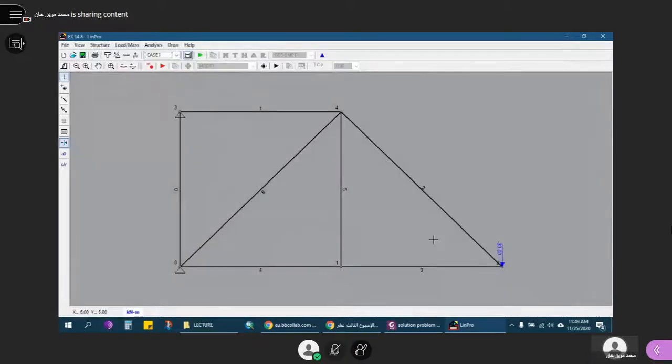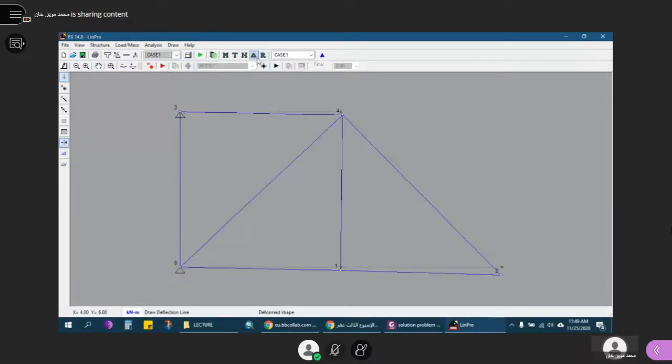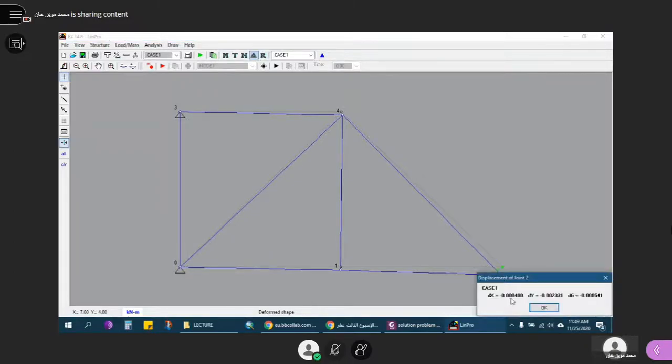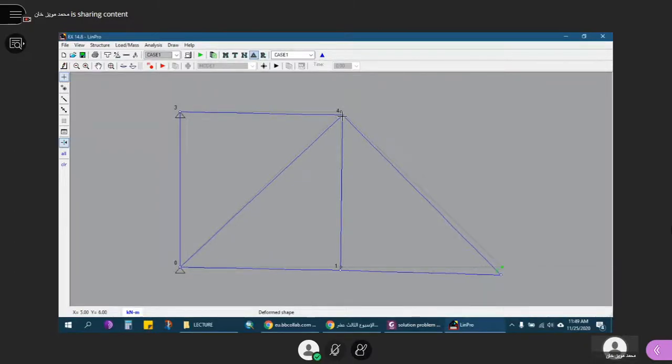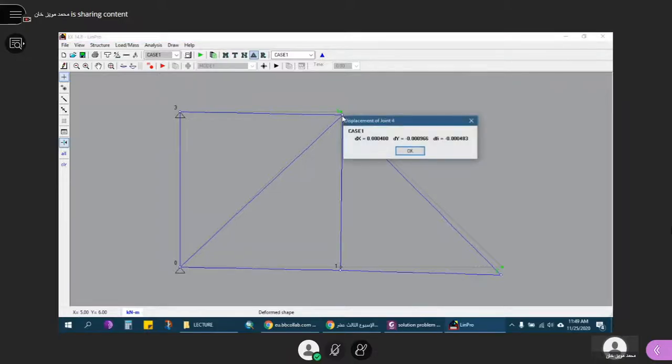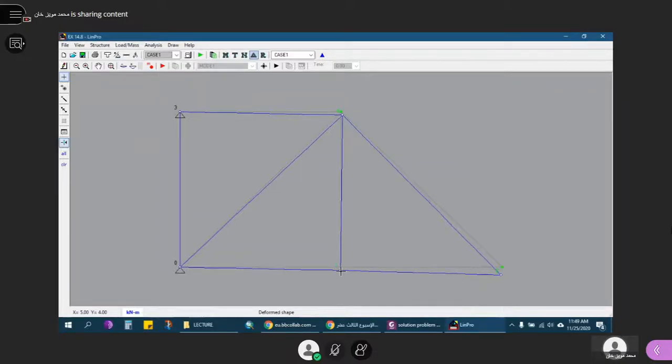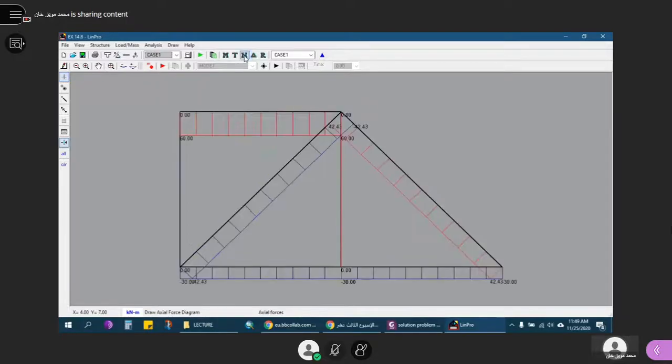As I told you, you can check over here. The reactions can be seen from here, 60 and 30. The deflections, as I told you, can be seen from here. Just right click on this dot and you'll get the displacement, 0.004, 0.2331. Similarly, right click on each node and you'll get the corresponding displacement. And you can get the overall force diagram. This is a tension and this is a compression. 60 in each member. There's no force in this vertical member. So this is how you find out.